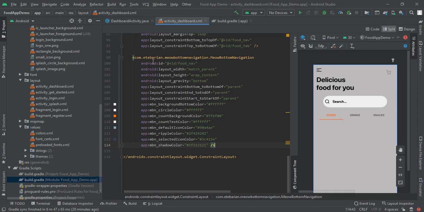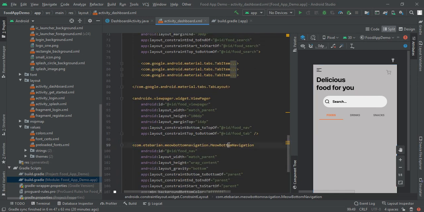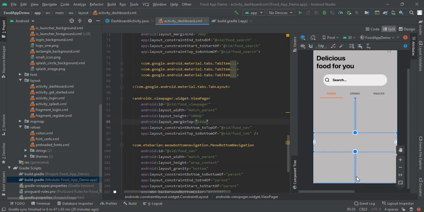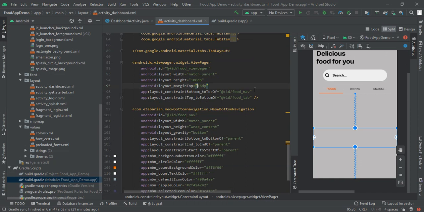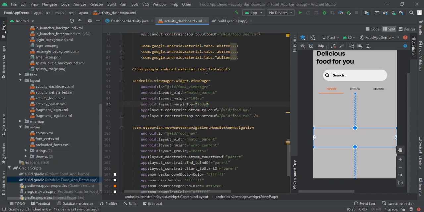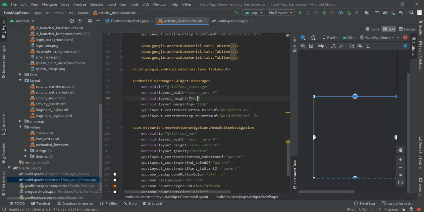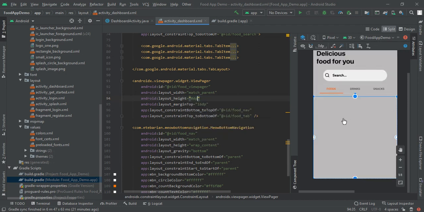You will implement this bottom navigation, which is awesome, so make sure you check it out. Next we have view pager, so make them constrained with that bottom navigation and top tab layout, and then make its height to be 0 dp. With this it will be match constraint.